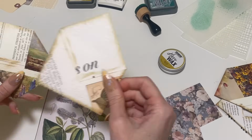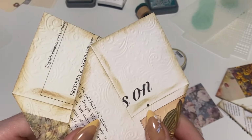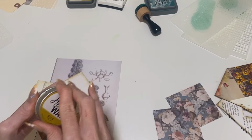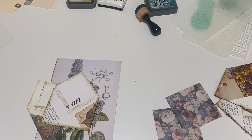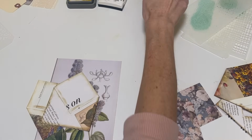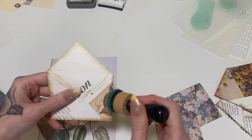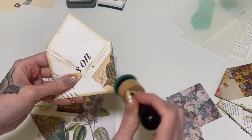Then, if you can see in the light a little bit, you can see that design. So I'm going to take my wax. Can I open the wax? That is the question. It might be glued shut. So we're not going to take the wax because it's not opening up. So we're going to take ink instead. Darn it. I forgot that I tried using that earlier and I could not get it off. But